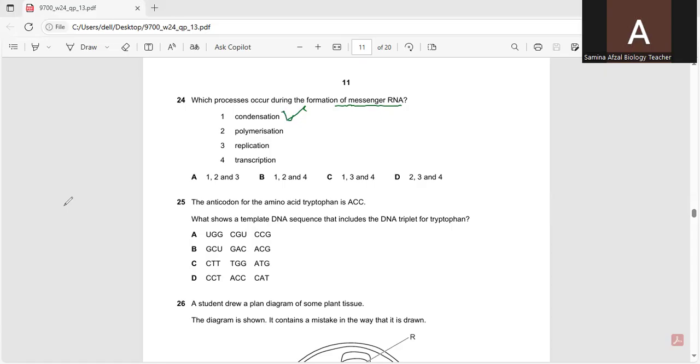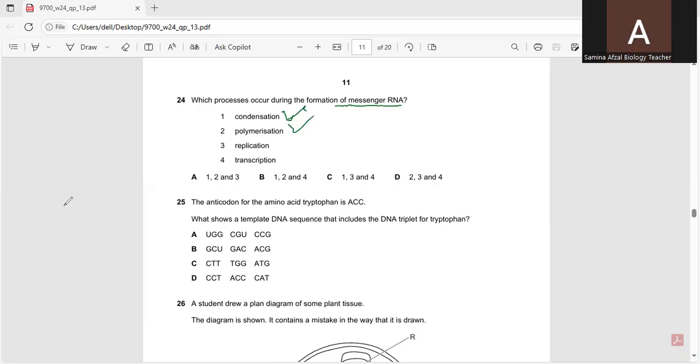Second is polymerization. Polymerization is the process of joining many small molecules or monomers to form a long-chain polymer. In the case of messenger RNA synthesis, individual ribonucleotides are joined together to form a long messenger RNA strand. So this is called polymerization. So it can also be part of the formation of messenger RNA. So the third